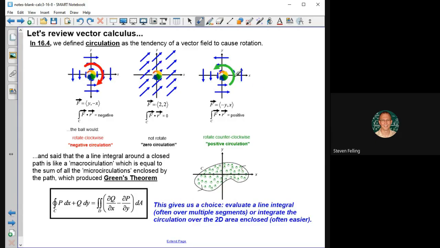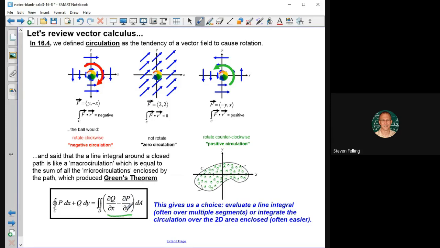In 16.4, we defined something called circulation, which was a tendency for a vector field, if you thought of it as a force field, to impart counterclockwise rotation, looking down on the path like that. Okay, so that was positive circulation in the direction that theta increases in polar coordinates or trig angle, and then negative circulation this way. And some fields have the ability to translate objects but not cause them to circulate, right? So we defined this idea of circulation and we came up with an expression for it, which was dQ/dx